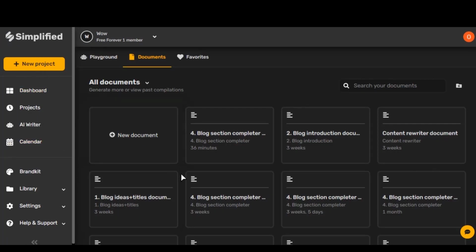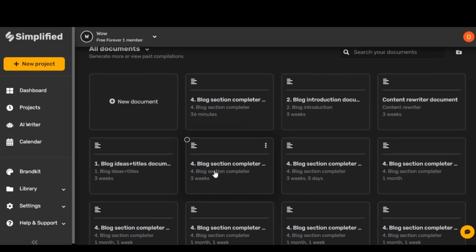Once you log into this Simplify AI, you will see sections. Go straight to block section completer. I actually love this AI, but one of the things is that if you don't understand how it works, you will not be able to use it effectively. But I'm going to put you guys through it. It has a free version. It has a paid version. Once you come to the AI,